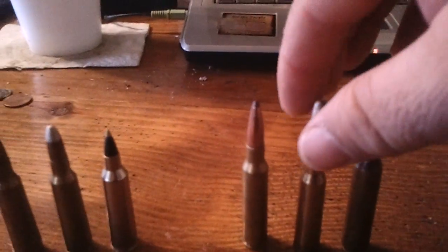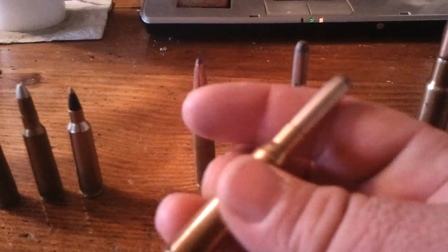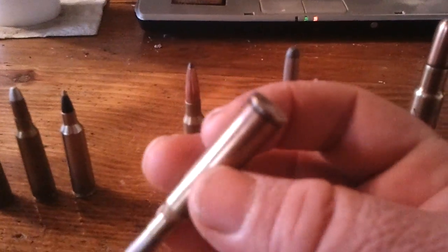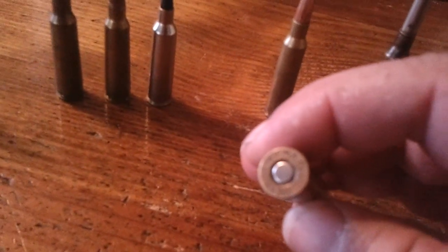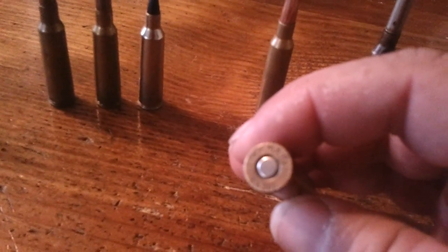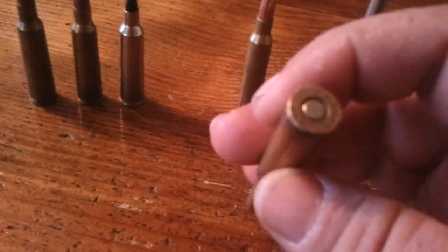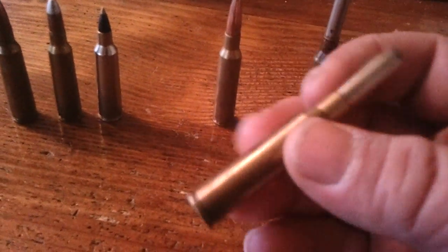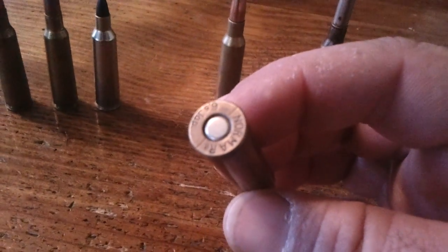The next one there is a 6.5 Jap, which is the better of the two Japanese rifles. The 7.7 and the 6.5 were the two main military rifles used by the Japanese. The 6.5 is the better of the two. The 7.7 could cost you your eyeball. They had problems with the locking lugs on the